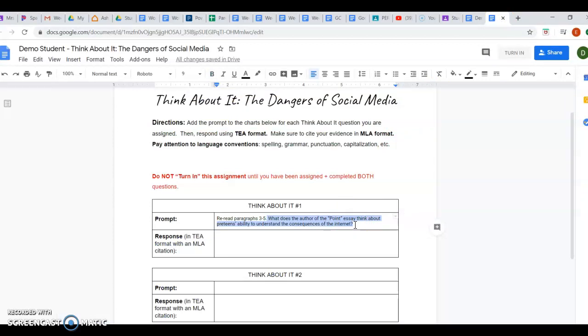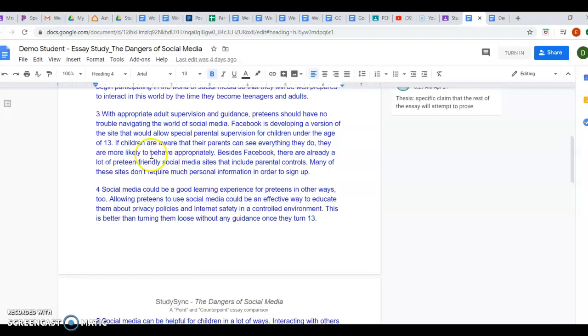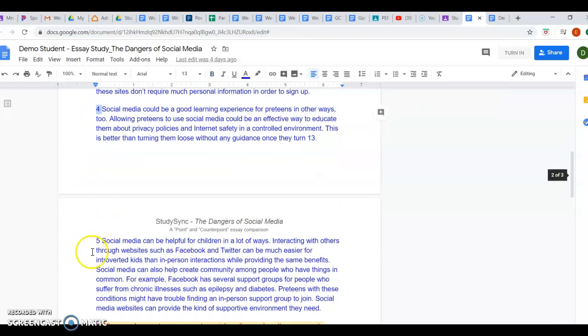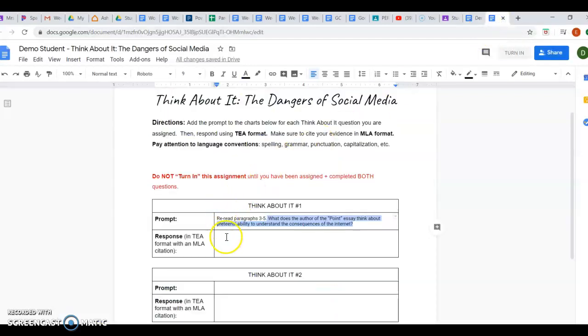Meaning, do preteens understand what can happen if they make poor choices on the internet? So before we start this question, you need to go back and read paragraphs 3, 4, and 5. Feel free to pause the video now and read those paragraphs.